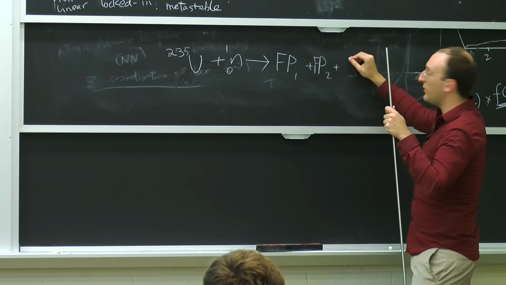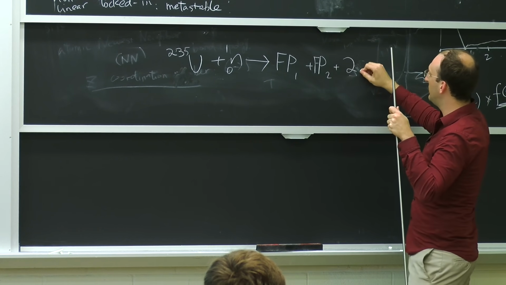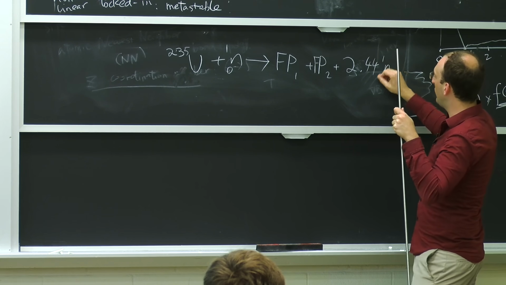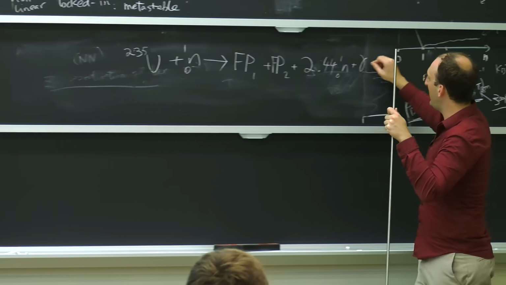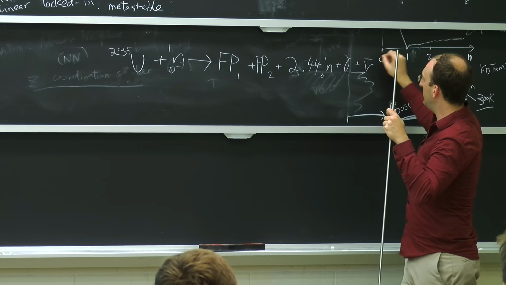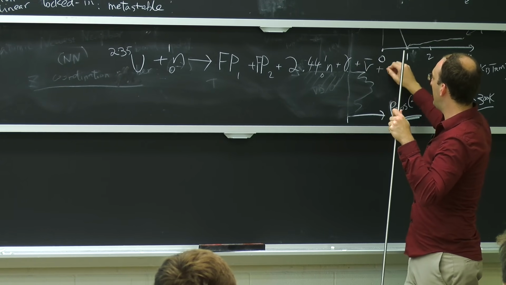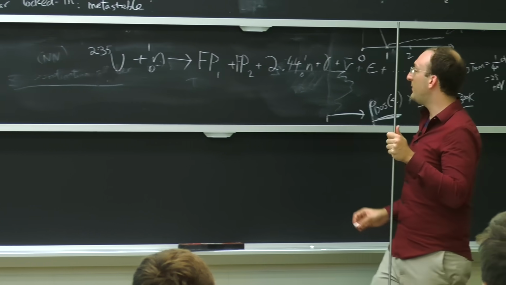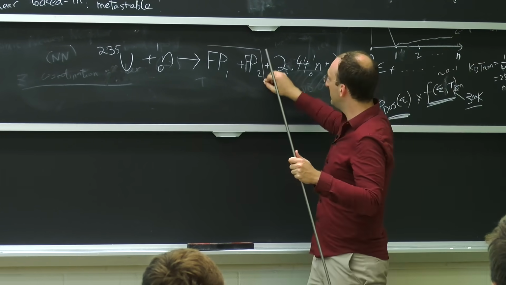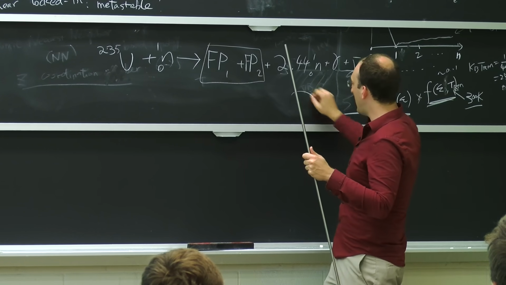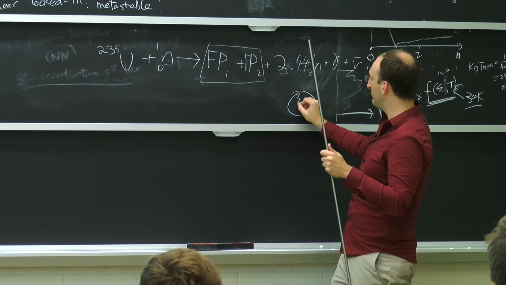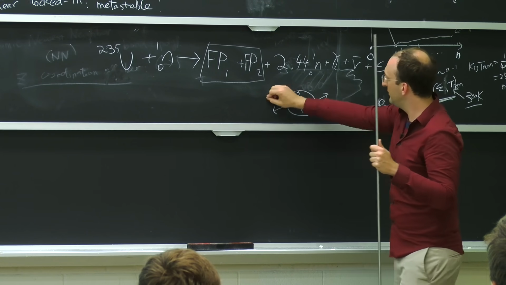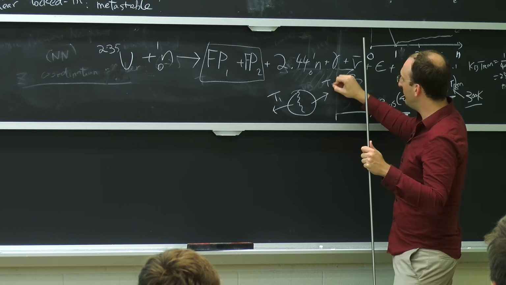And plus anywhere between 2 or 3 neutrons. The usually accepted number is an average of about 2.44 neutrons, plus gamma rays, plus antineutrinos, plus other energy, and some occasional other stuff. The main point here is these fission products, if let's say you had a uranium nucleus and it were to split in half, fission products go in other directions, they carry with them quite a lot